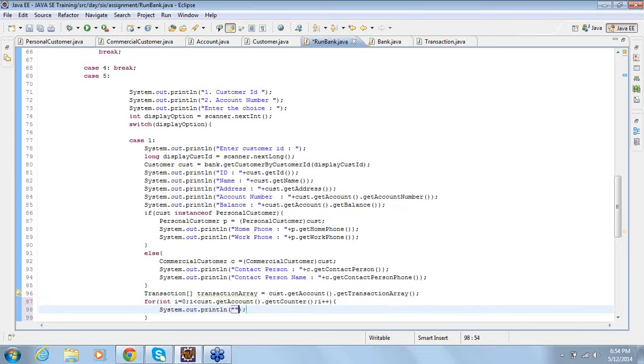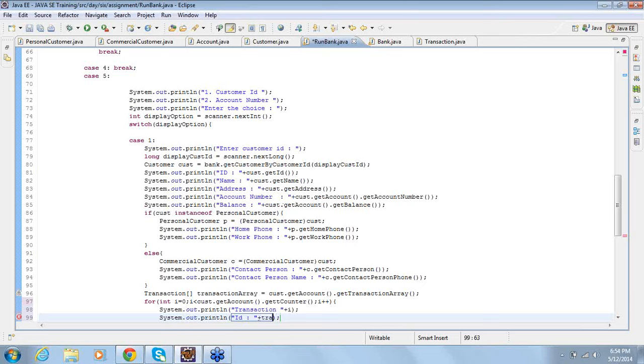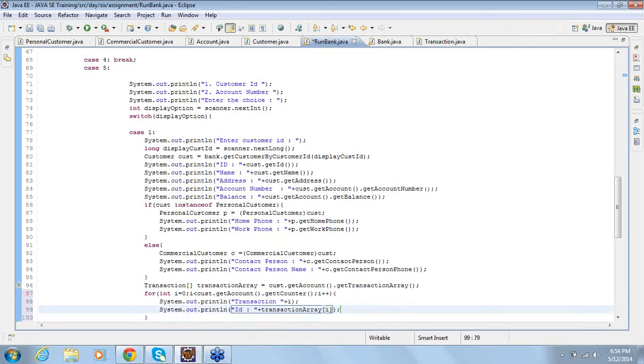Then what do you want to display the details? It's transaction 1. So it will tell you the ID of the transaction, transaction array of I dot get ID. Then you got transaction ID. Then you have a transaction type.